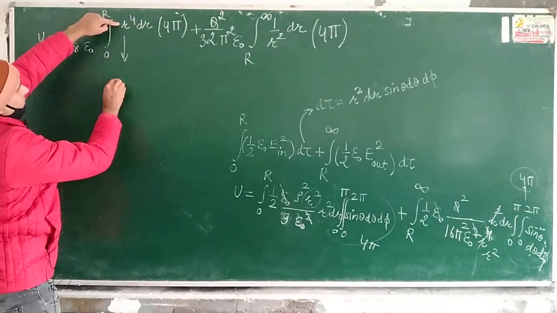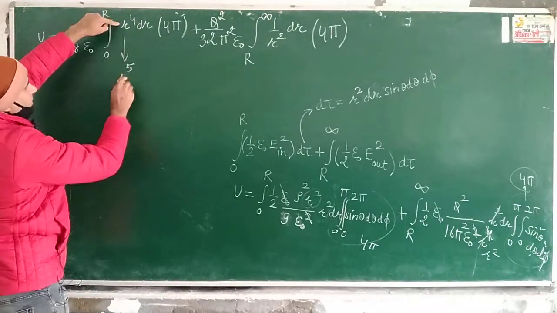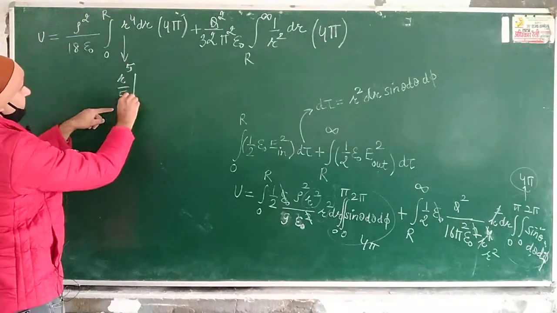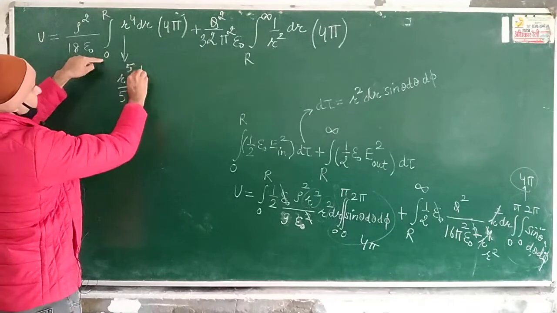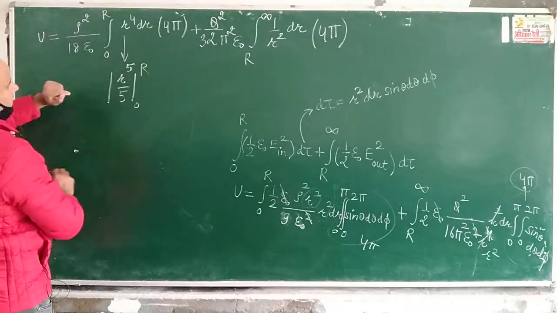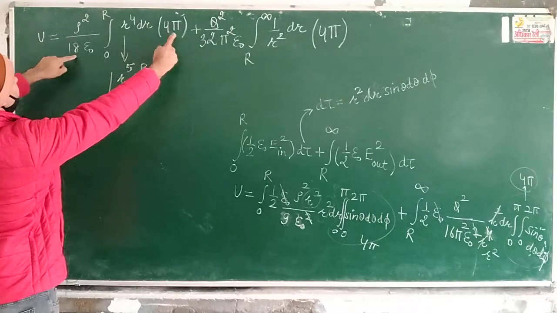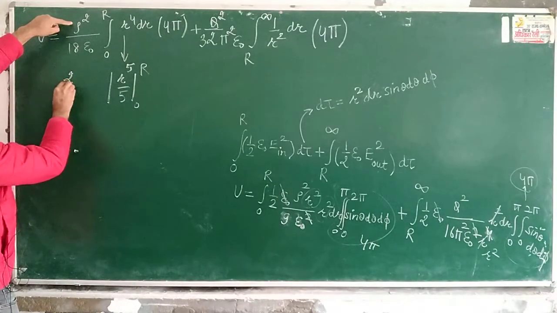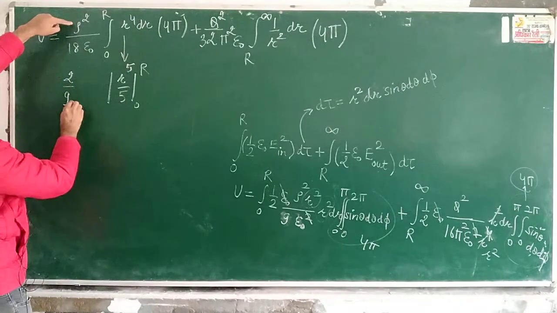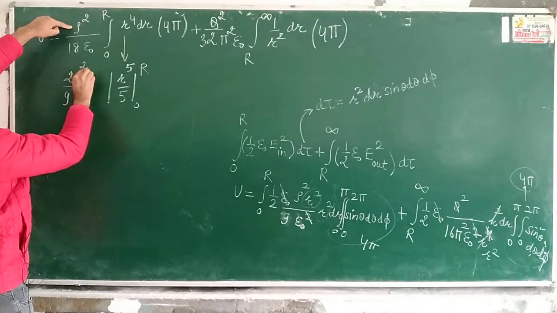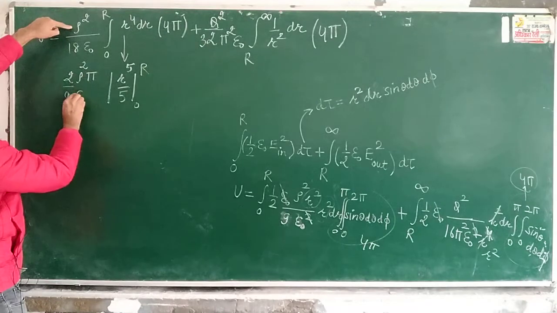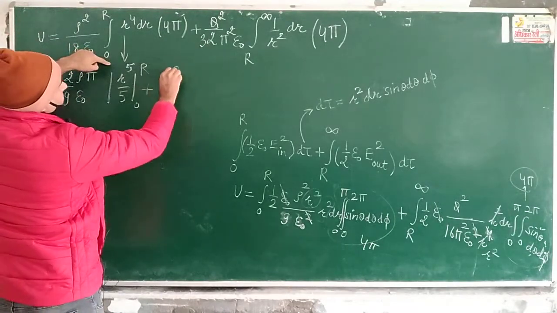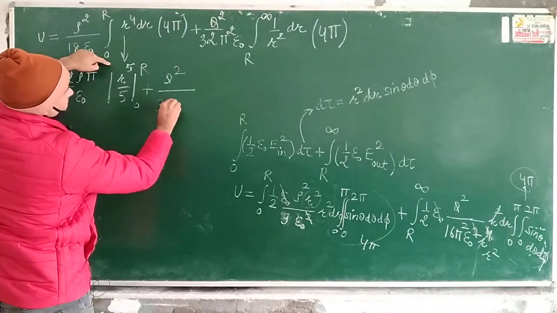Integration of r raised to power 4 will be r raised to power 5 by whatever the power is, that is here, and the limits of integration are 0 to r, and then you have 4 pi here. So here you will get 2 by 9, and then rho square into pi by epsilon node, okay, and then plus q square by 32,